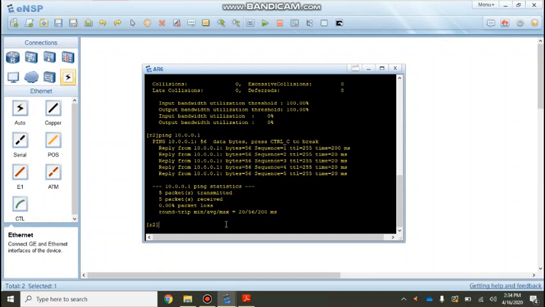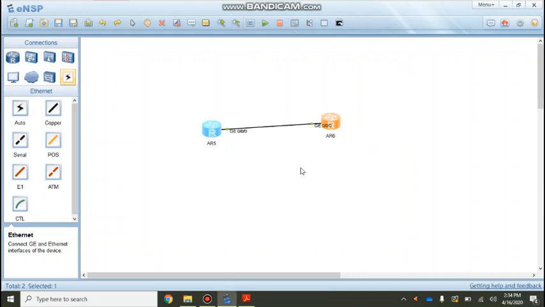It was a very easy configuration. I hope you understood every step. I cleared every step. You can do it yourself on your ENSP software and tell me your reviews in the comment section. And if you have any issues, you can also ask me. I will be available for that. So both the routers are now connected with each other. You can see that green dots are also shown here. This was a simple module of configuring two devices and connecting both of them to send and receive packets, and we were successful in that.